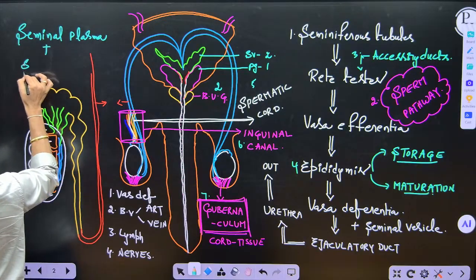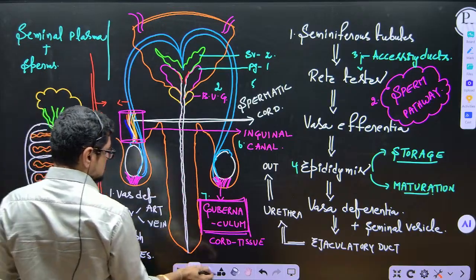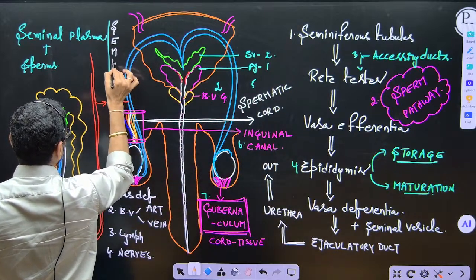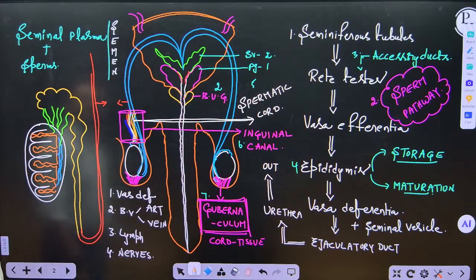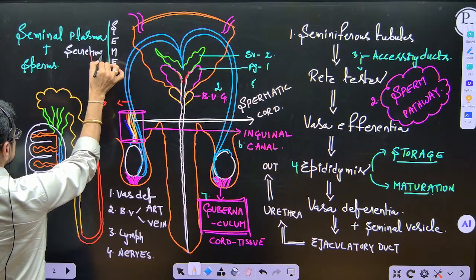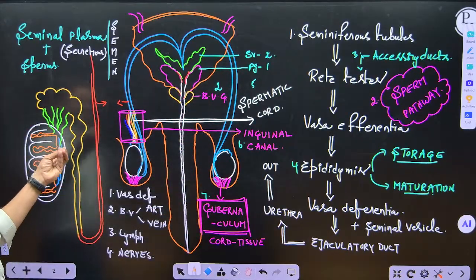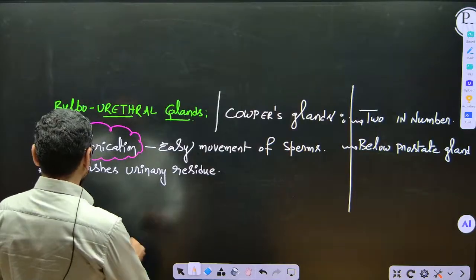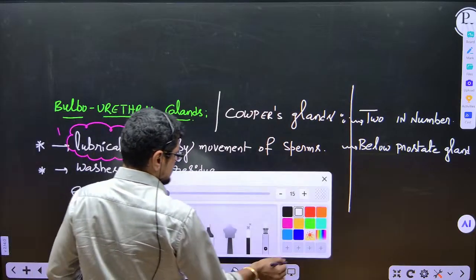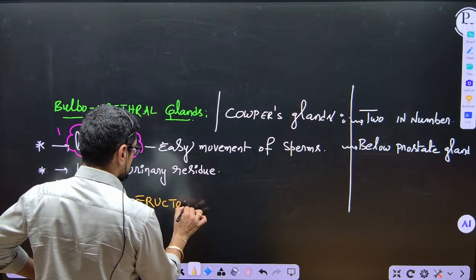Along with the sperms, now I am going to use this word: semen. So the secretion, seminal plasma, is nothing but the secretions produced by the glands, meaning the seminal vesicle, prostate gland, and bulbourethral gland. And semen contains so many components. Let me write here, semen. Semen contains fructose,